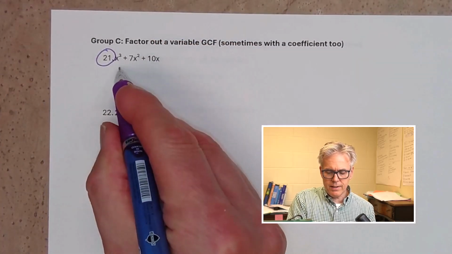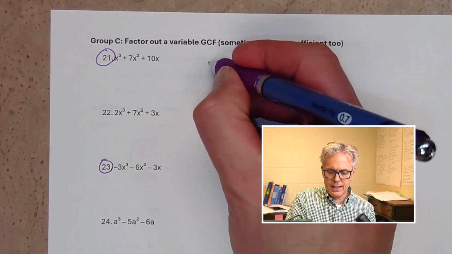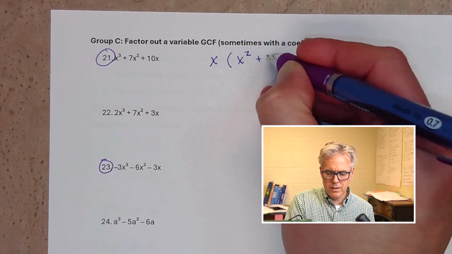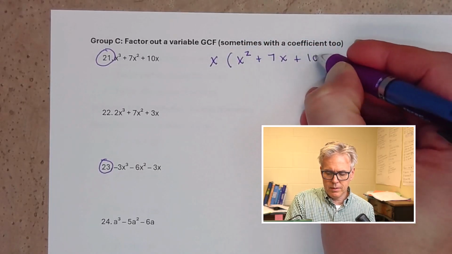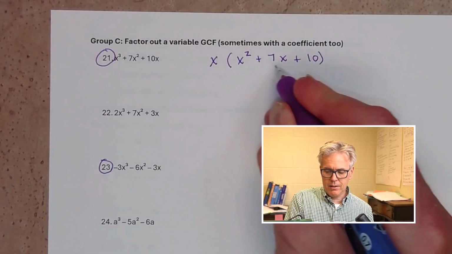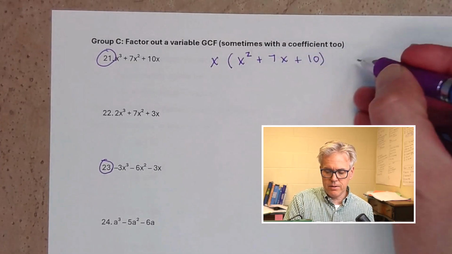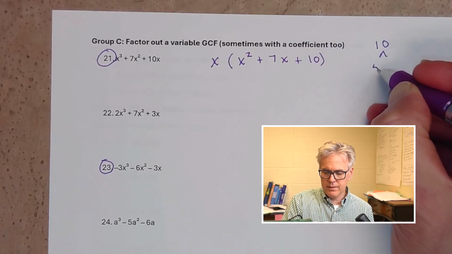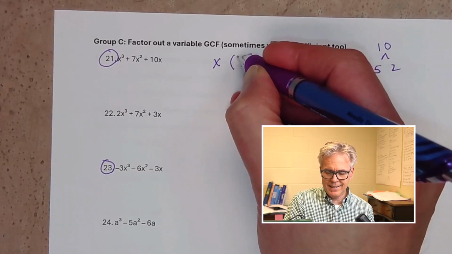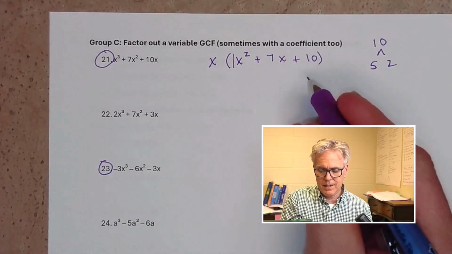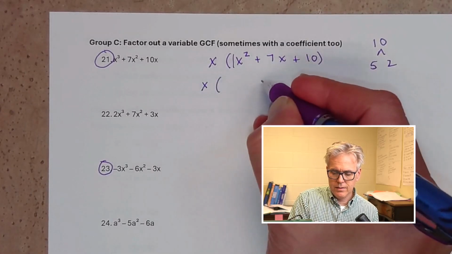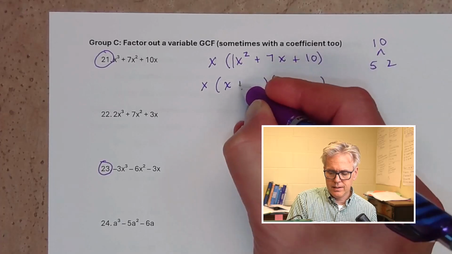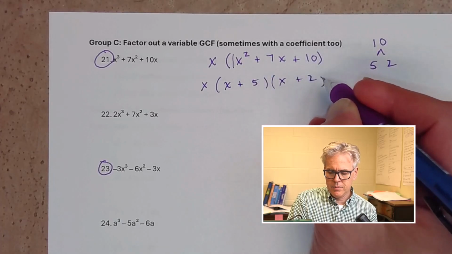Okay, so here I've got a variable I can pull out, right? I've got x I can pull out, the common factor, and I'm left with x squared plus 7x plus 10. And now I look within here. Can I factor this any further? Factors of 10 that sum to 7. Well, 5 and 2. Again, when a is equal to 1, I love that. Makes these come out a lot easier. But what am I left with? Only one way to factor an x squared, x and x. And so this is plus 5, plus 2. Okay,